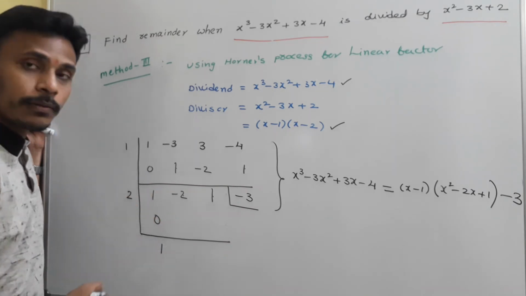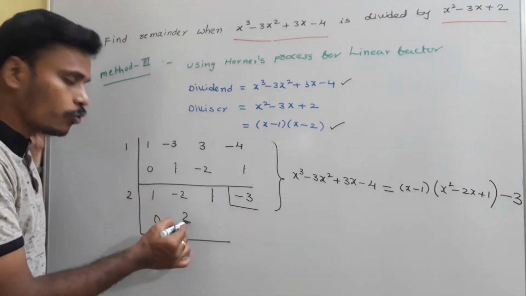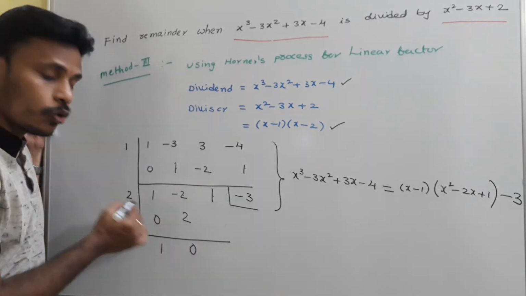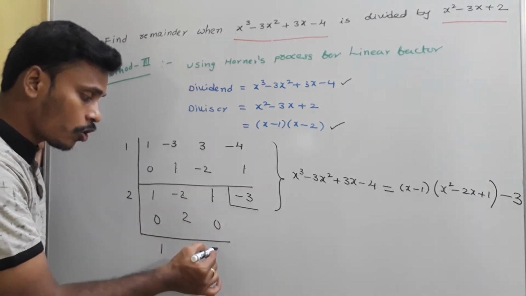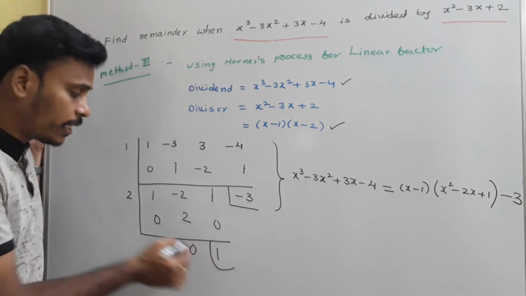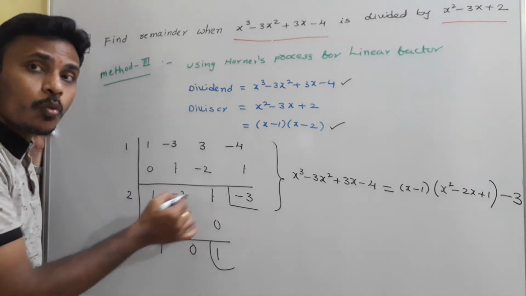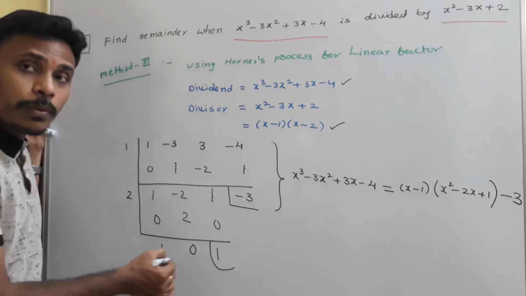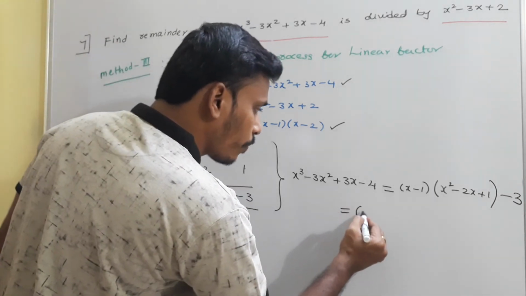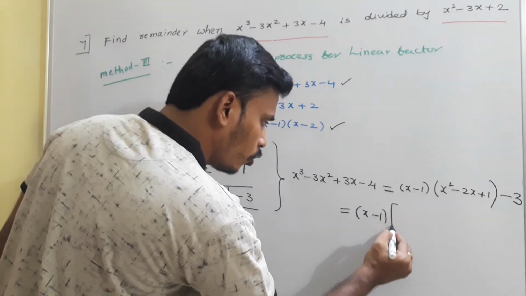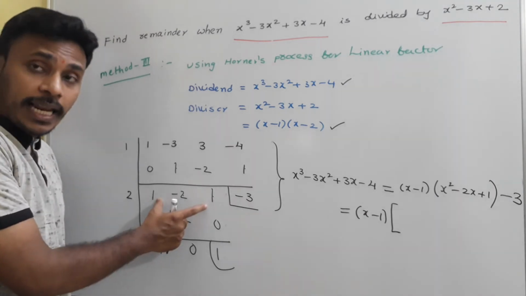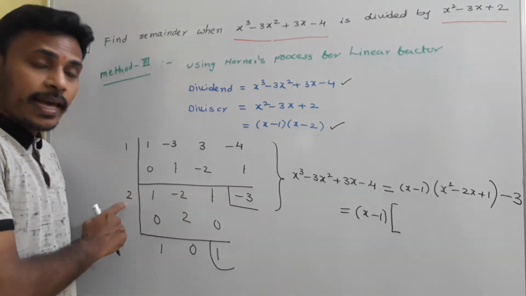1 plus 0 is 1. 1 into 2 is 2. Minus 2 plus 2 is 0. 0 into 2 is 0. 1 plus 0 is 1. And this time, this 1 is the remainder when you divide this 1, minus 2, 1 by x minus 2, and this 1, 0 will become the quotient. So this is equal to x minus 1 into the x square minus 2x plus 1 written as this divisor x minus 2